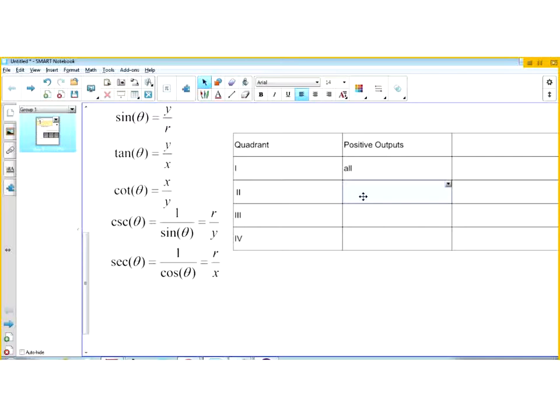So in quadrant 2, the functions that generate positive outputs will be the ones where y is positive. So this would be sine and cosecant. Both of those functions will yield positive outputs in the second quadrant. In the third quadrant, the only functions that yield positive outputs would be the tangent function,